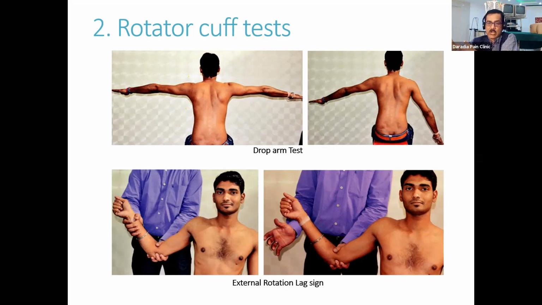But if they cannot, what will happen? They'll be springing back. It means the patient will not be able to hold this external rotation position in the mid-arm. That is called external rotation lag. So if you're releasing your hand, just remember it is good, but the only thing is it should be abducted a little bit up. Then for the external rotation, ask the patient to externally rotate, and if you then release your hand, it will come back. If there is a tear or tendinopathy, they cannot do the external rotation. Okay, so this is your external rotation lag sign.